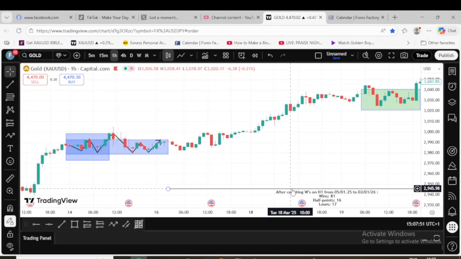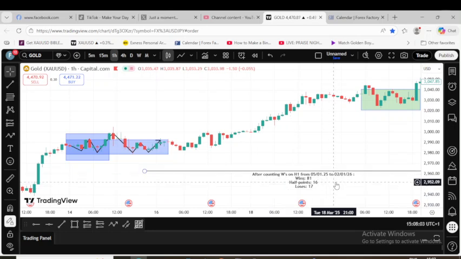Okay, so after counting W's on H1 from 05 to 02, total number of winning W's are 81. Total number of half point W's is 16. And total number of losing W's are 17. So that's to say that out of 81 plus 33, which is about 110 individual trades, if you were to target